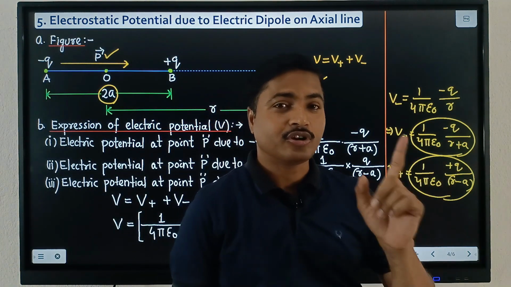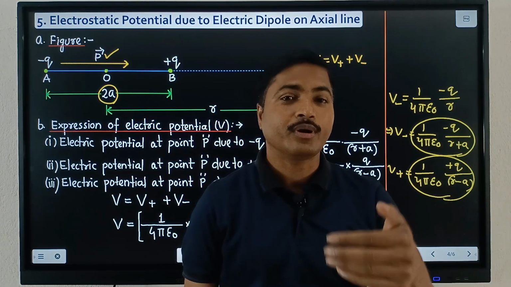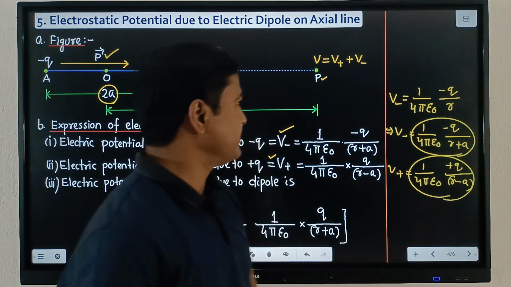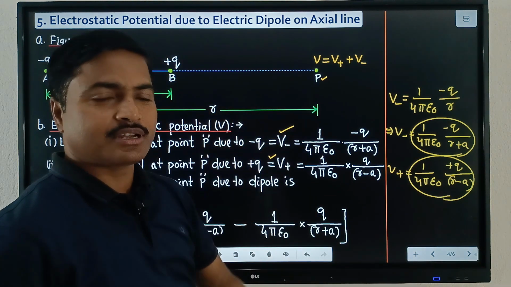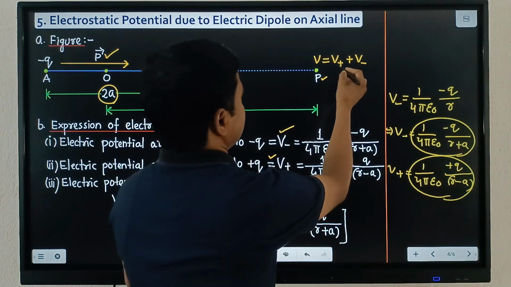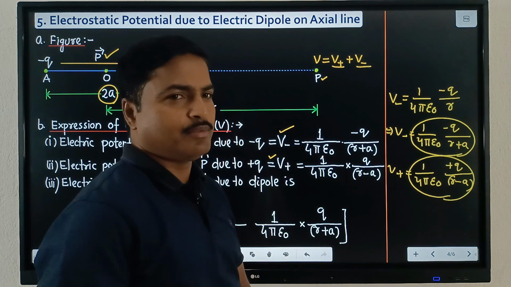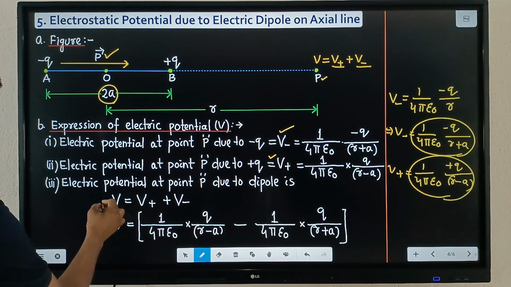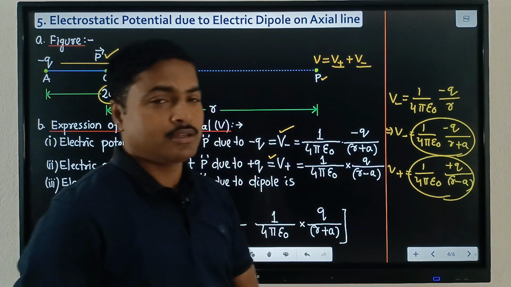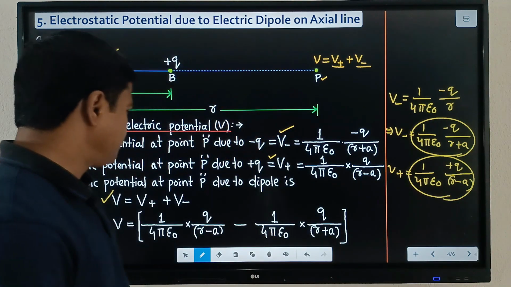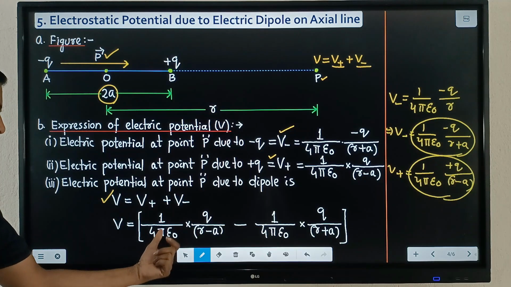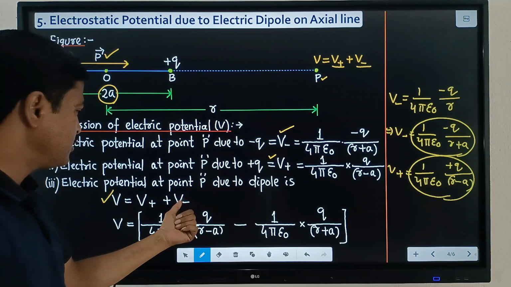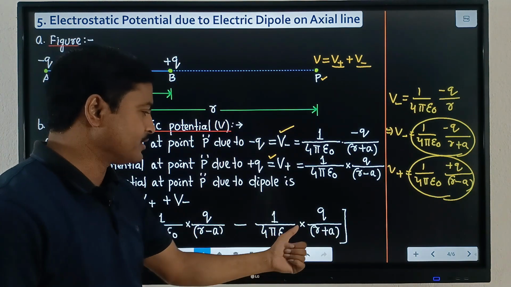That means at the observation point, what is the total potential? You know electric potential is a scalar quantity. So the net potential at point P, or resultant potential, is the sum of the individual potentials, that is V plus plus V minus. Clear? So finally we write net potential V is equal to V plus plus V minus. In place of V plus, we write 1 by 4 pi epsilon 0 q divided by r minus a. And in place of V minus, we write minus of 1 by 4 pi epsilon 0 q divided